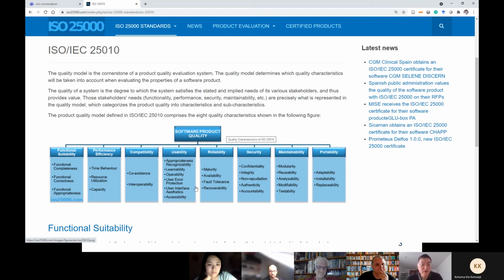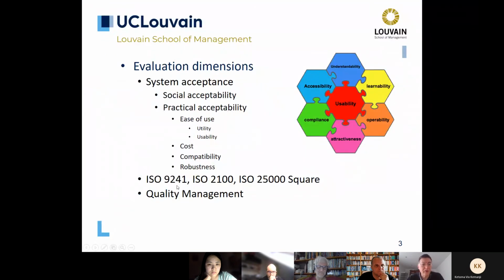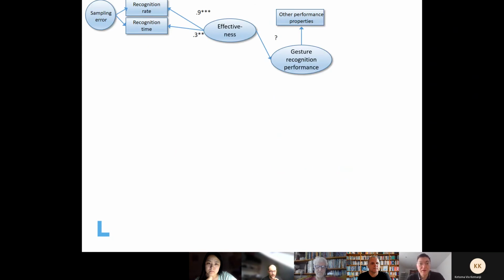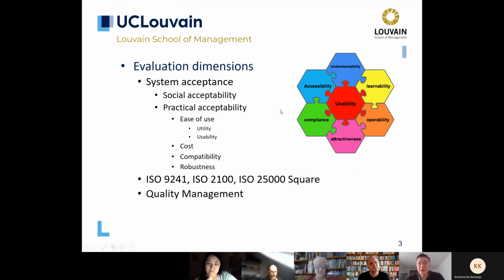So if we go deeper into the usability criteria, there are other standards like the ISO 9241, which is about usability itself. The problem is that those standards are very general, so in principle they should be applicable to user interfaces involving gestures, but actually they are not specific enough or concrete enough to evaluate such user interfaces. So if I'm considering just usability,